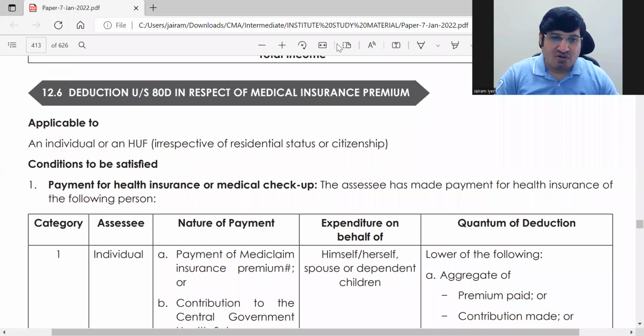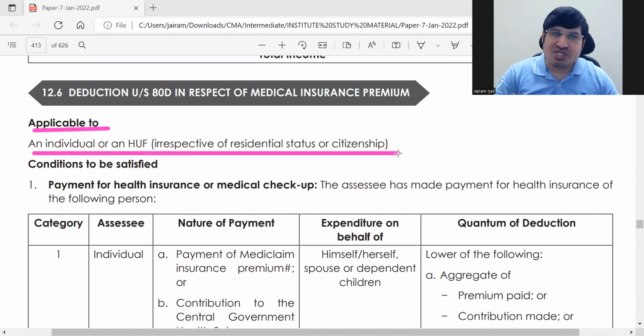ओके, always applicable to, it can differ. ठीक है, so ऐसा रहा ना, an individual or HUF irrespective of it. So in short, what you can call is any individual or HUF. When you're saying any means irrespective of residential status and citizenship. तो इसको short में आपको कैसे याद रखना है? Any individual HUF. Okay, this is how you have to remember it. Now